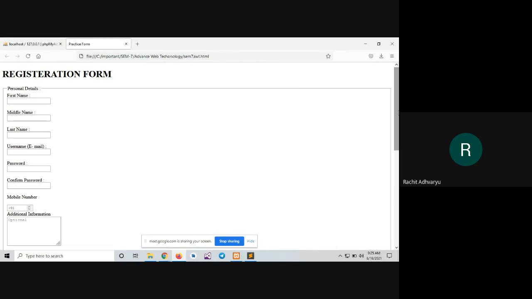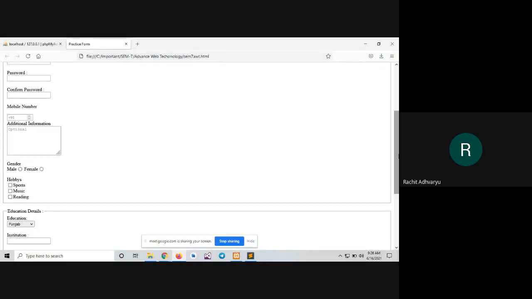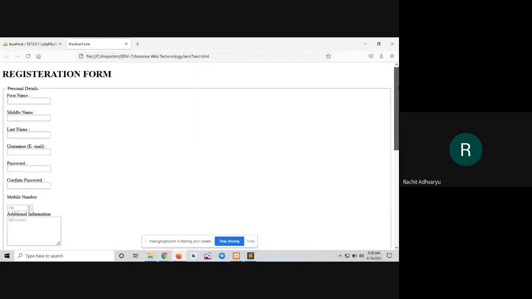Yes, Sahil, I can see your form, but this is not the form that I was expecting. But still, you can scroll it down. Show me the education. Show me the education drop down. Just go to educational details. You can scroll your screen and show me the educational details. I think your screen is hanged.